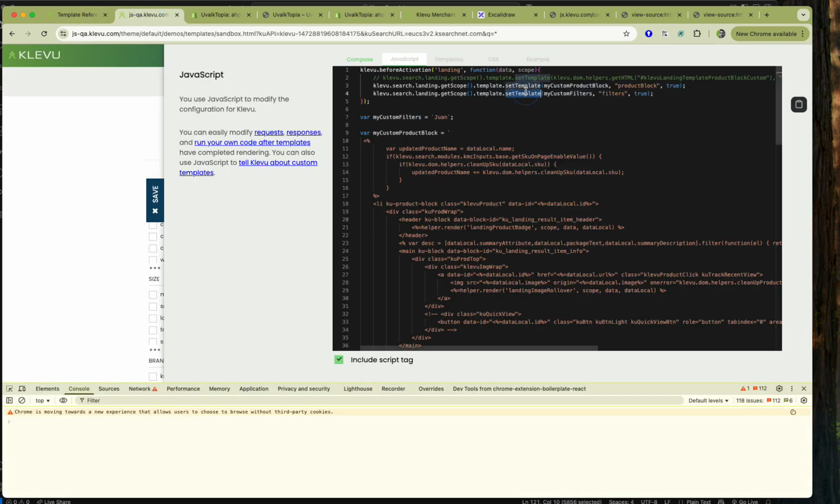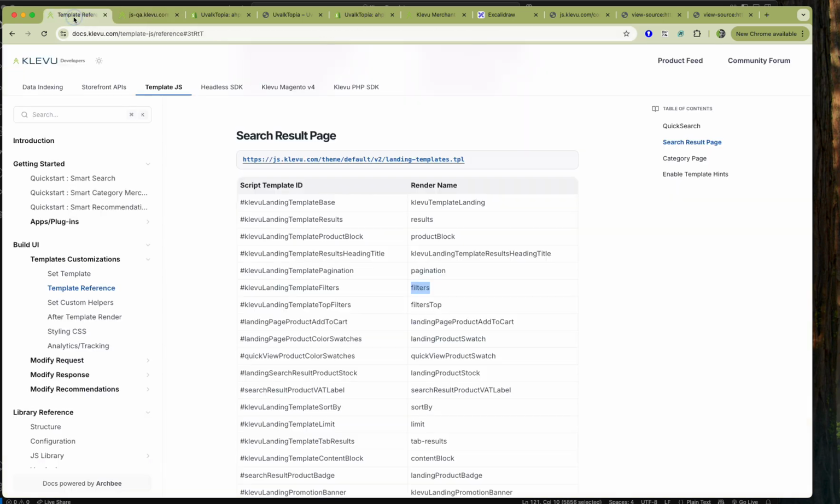Now something else that I wanted to point out was that yes, you could do it this way. The problem here is that we're basically hard coding this landing into this set template. And even though I am only targeting landing, there are times where you want to target landing or catnav. That way you don't have to write the same code twice, because it turns out that catnav and landing, the category page and the search result page, share like 95% of the exact same code. The same templates, same names, same events,